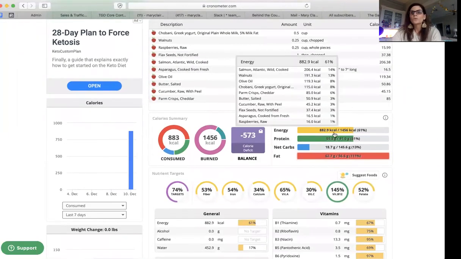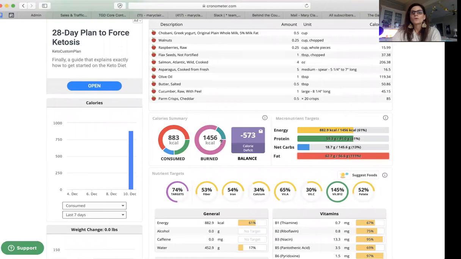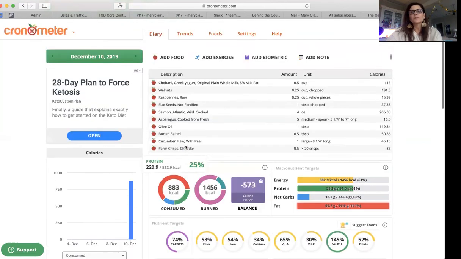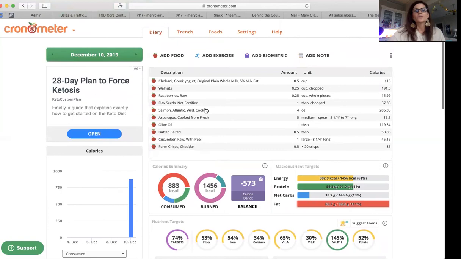So this is basically how you set it up. The only thing I'm really paying attention to, I'm not really looking at calories, I'm looking at this circle here, saying consumed. I'm looking at the percentage of protein. We're shooting for roughly 20, it's 25, that's fine. You can add in a little fat here and there, maybe some more nuts. Let's add some seeds, okay? So let's add some sunflower seeds.